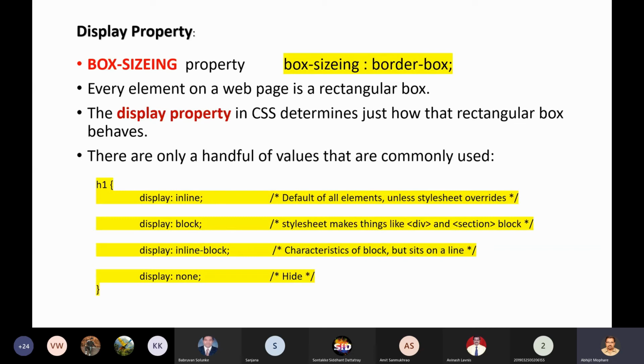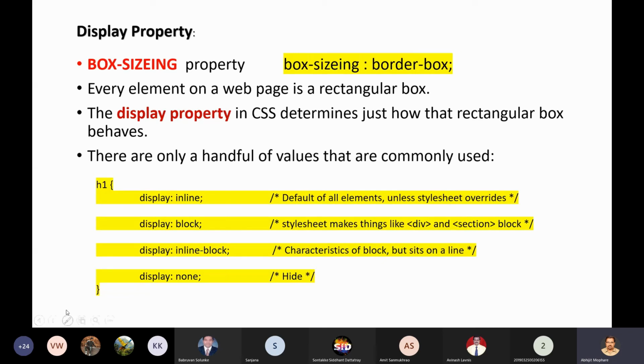CSS Flex was earlier, but grid has been newly introduced three years back, so we will cover that later on. Let us not bother about it now. Currently we will be bothering only about these four properties. Later on we will see what flex and grid layout are. Remember, what does the display property do? The display property helps you, or guides you, to lay out your elements.